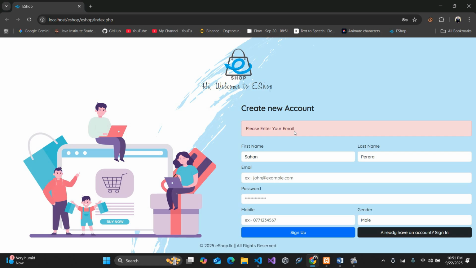If it is, the form cannot be submitted, and the error message stating please enter your email appears. Additionally, a server-side check would ensure the email follows a standard format and it is not already registered. Now I set the valid email